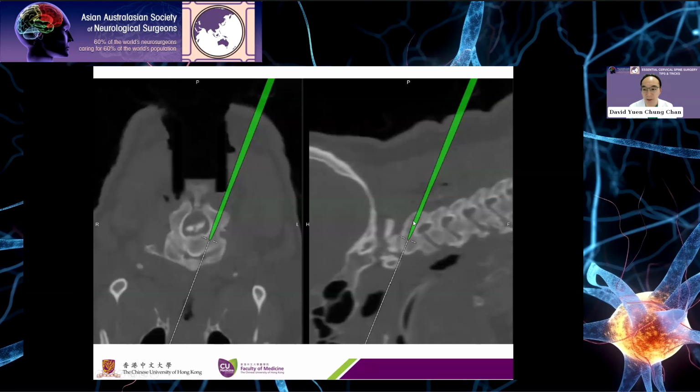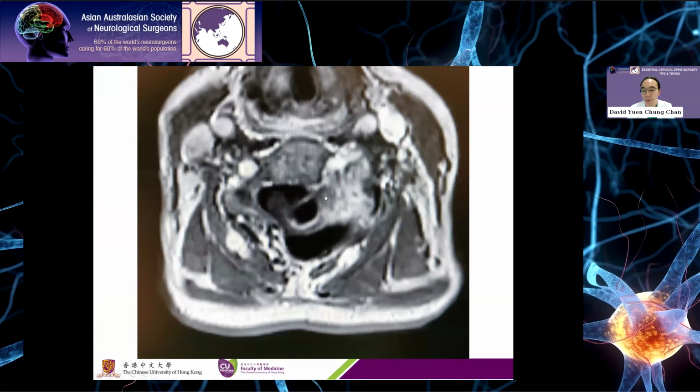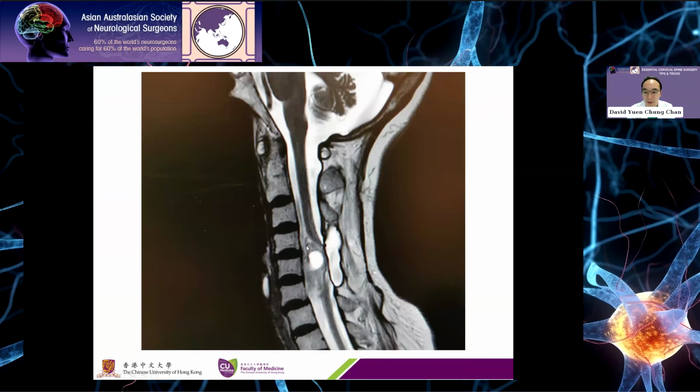And sharing some more other complex spinal tumors, like dumbbell spinal tumor, in which there's extension of the tumor all the way to the lateral recess. And like this lady with a recurrent dumbbell schwannoma, you can see previous laminectomy. Now the residual tumor keeps on growing and has some mass effect on the spinal cord with bony